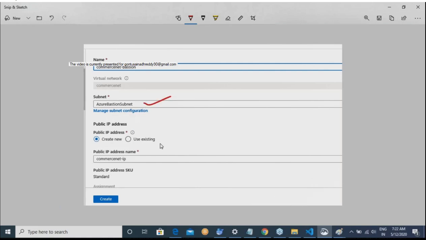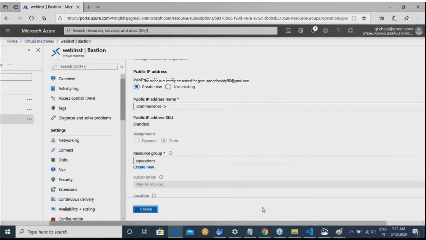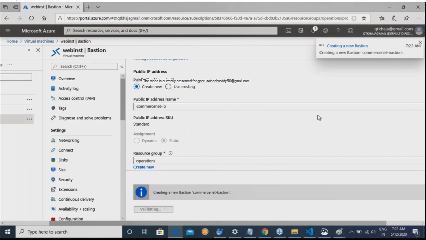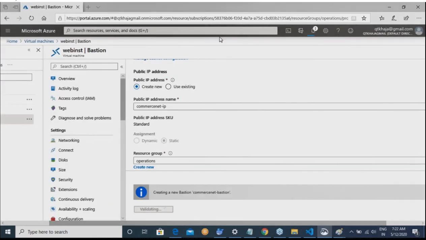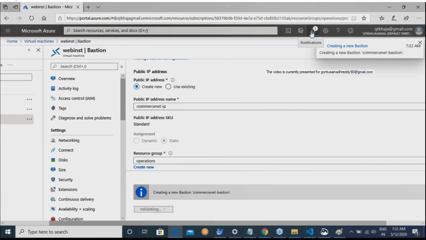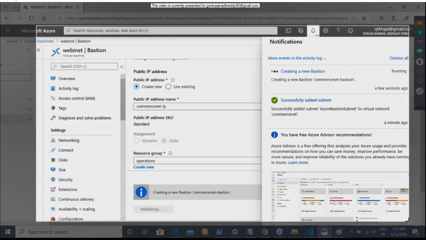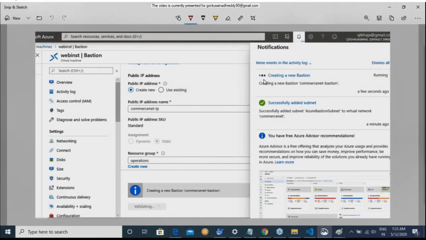Now this is okay. Click on create. You can go through these options and then click on create. Now let us wait for the new bastion to be created.